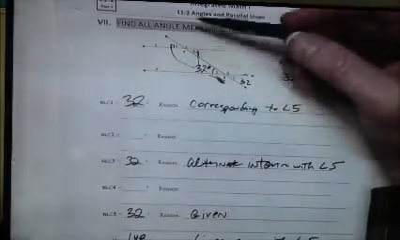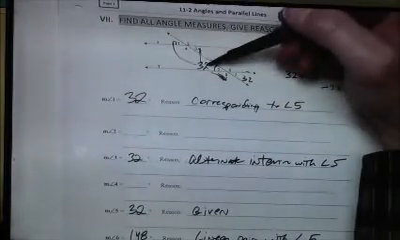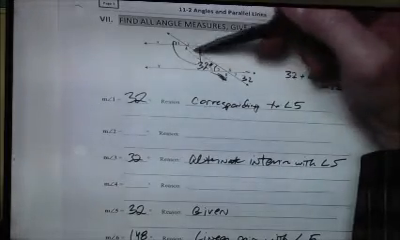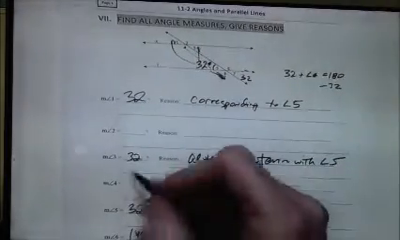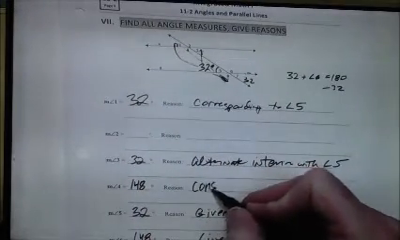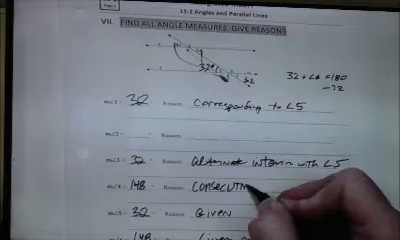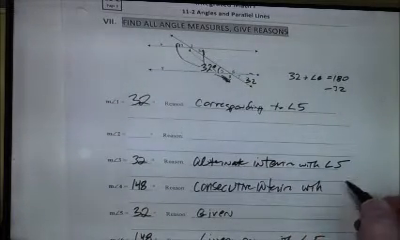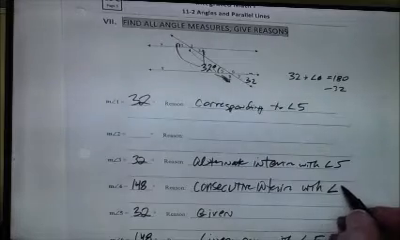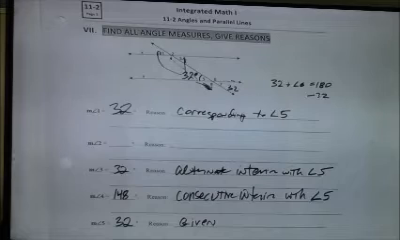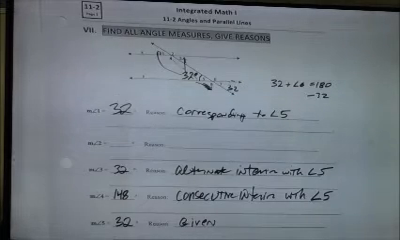And 4 and 2 are the only ones left. Angle 5 and angle 4, these ones are consecutive interior ones, and that adds up to 180. So I would say 148 because consecutive interior with angle 5. And only angle 2,